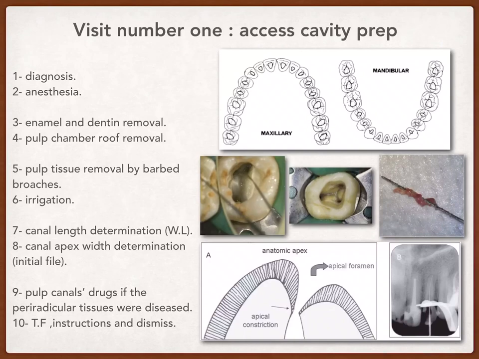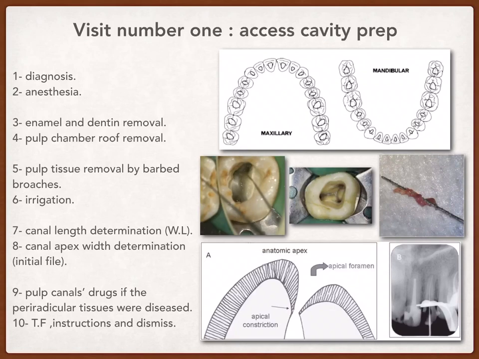On the x-ray, we will see sometimes that there is a widening of the periodontal ligament space that is present apically. After that, we will give the patient anesthesia, and after that we will remove the enamel and dentin according